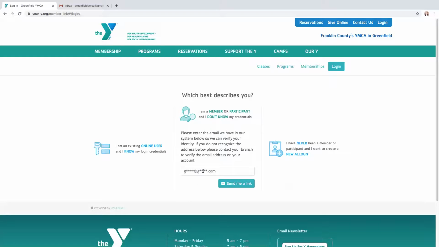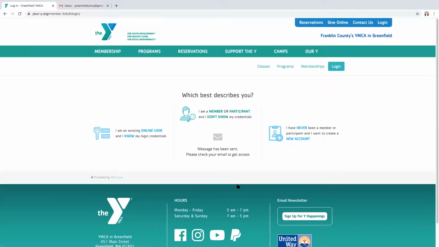What comes up next is, in the system, we have an email address connected to your account. At this point, if this matches what your email address would be, you hit send me a link. Oh, we have to fill it in. And this is just verifying that we have an account. Message has been sent. Now we will go to our email,